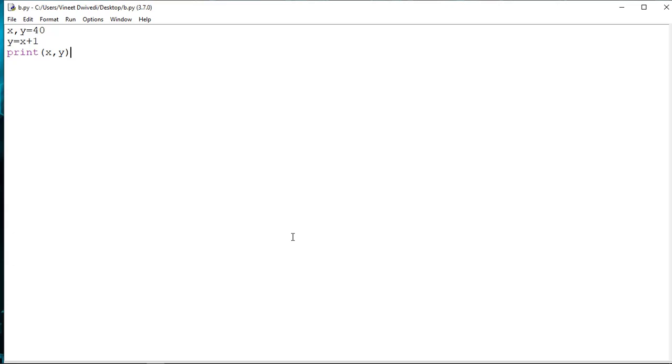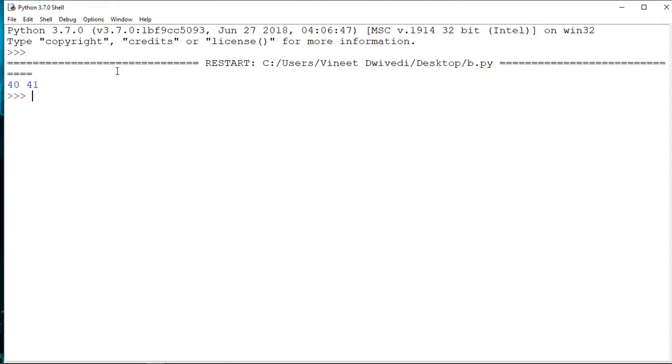So to cure this error you can write this line like this: x = 40. And then in the next line you can write y = 41, and then you have written x, y = x + 1. Now save it and run the file, and see, now you are getting the output 40, 41.